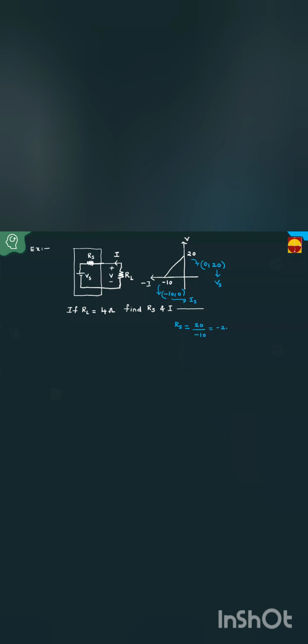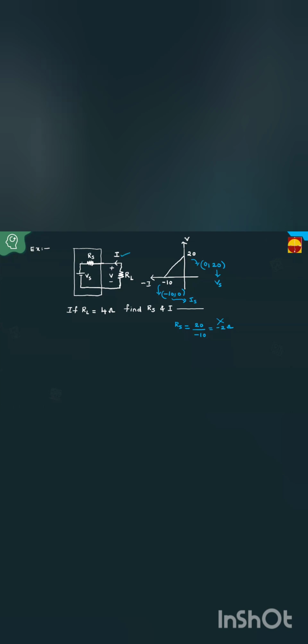If you take minus 2 ohms, this is wrong. Why? Resistance can never be negative. Resistance values are always positive. But I'm getting minus 2. This is wrong. But you see here, even though Is is minus 10 amperes,